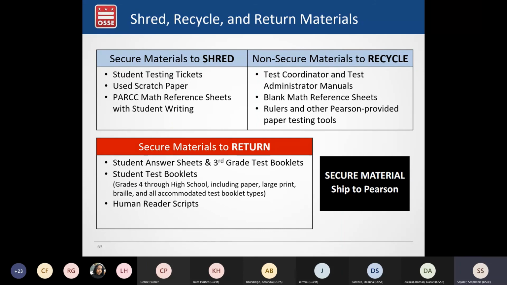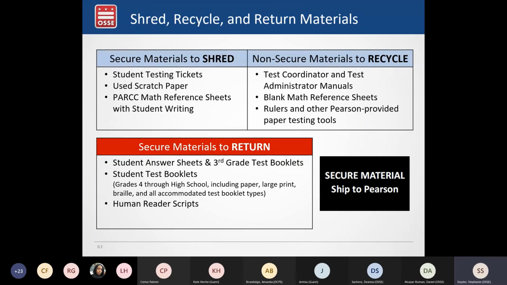If they are written on, they do need to be shredded as well. There are considerations in the remote testing supplements for how these things may be destroyed in a remote testing setting. Ultimately, it's up to schools to develop a protocol, but there are some suggestions in the remote testing supplements.